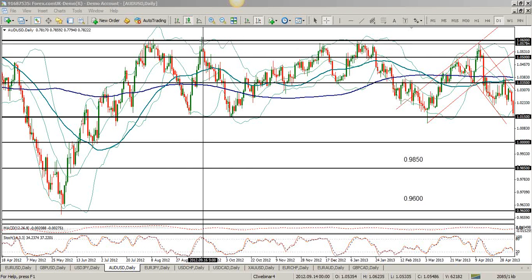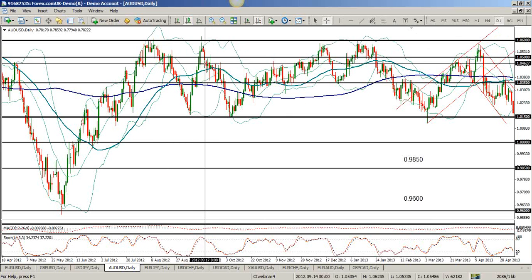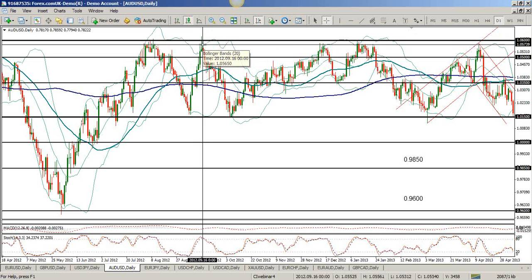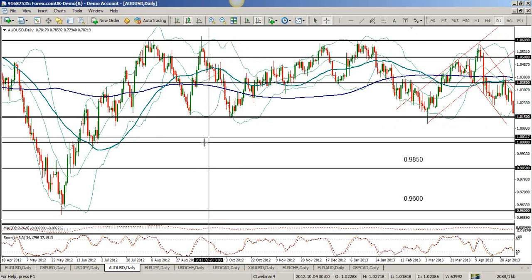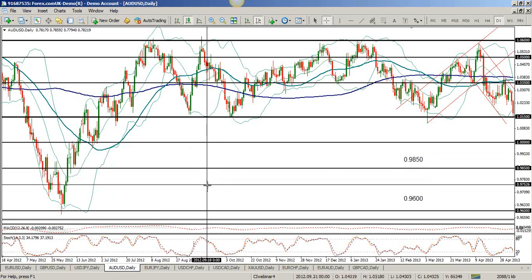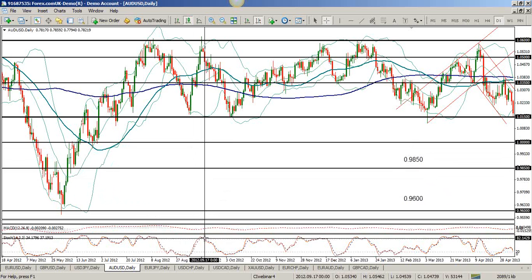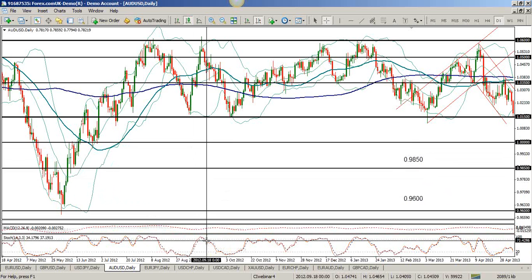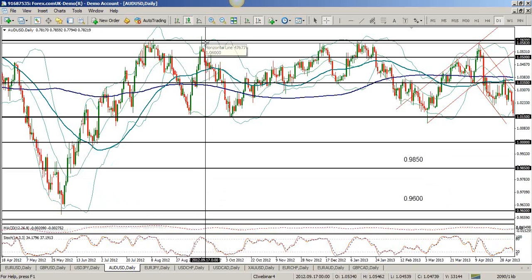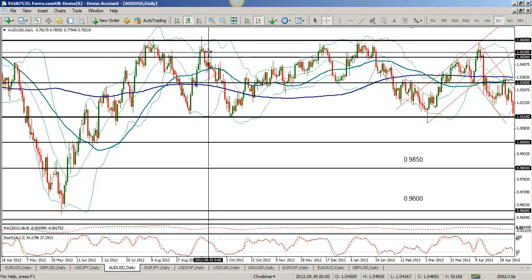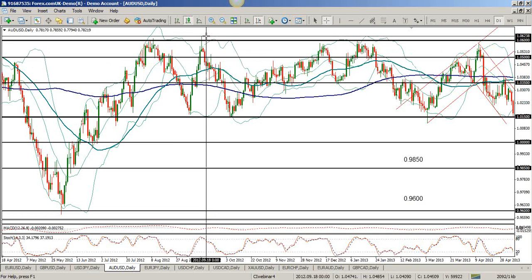Now we have what's called a shooting star candle. Okay, and also we see price has hit the top of the Bollinger Bands. You use that in conjunction with each other, and then also we have a cross down, which I'm going to talk about in a second, the cross down on the stochastics right here. Okay, so you have those four different things telling you that maybe this is going to go short. And therefore, you could get into a possible short position, and then you have your risk management or your stop loss to